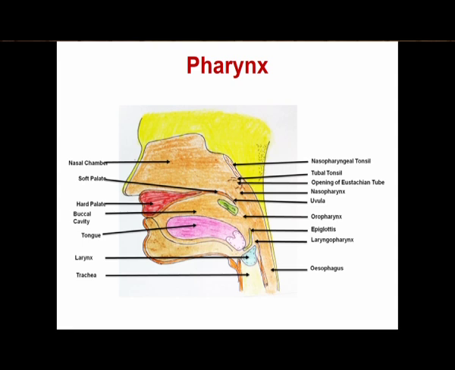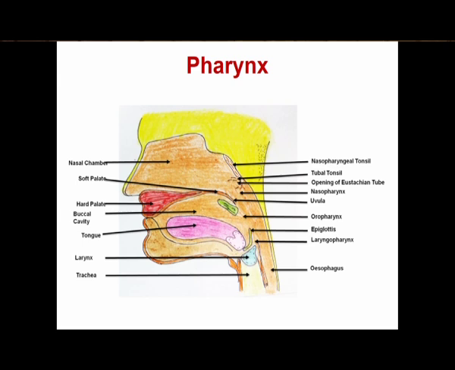So, as you can see, you have a hard palate which is continuing from the jawbone, and then it is tapering to the soft palate, and the soft palate has a uvula. That uvula is an area which controls the air passage and the food passage. So, while we are taking the food, it is not the case that the food will go into the nose or the air tract. Okay. So, as soon as we take the food, it actually closes the